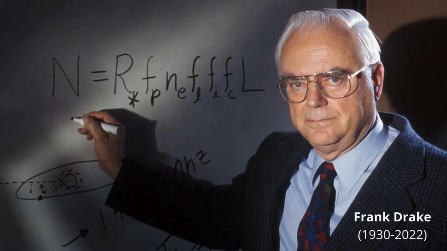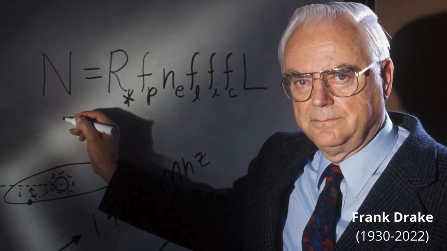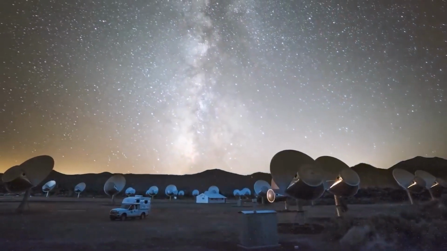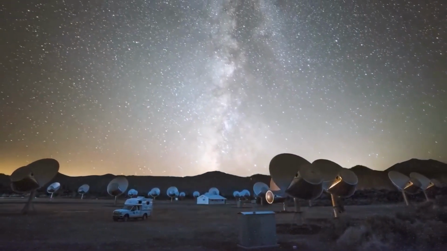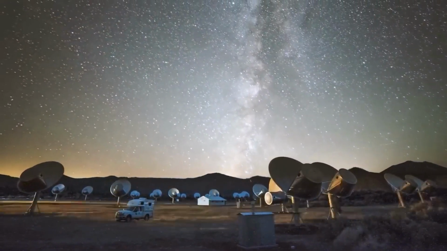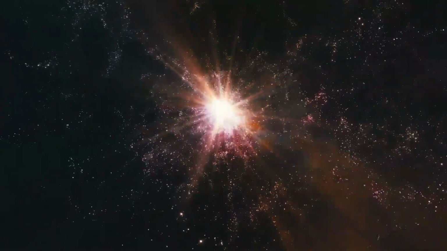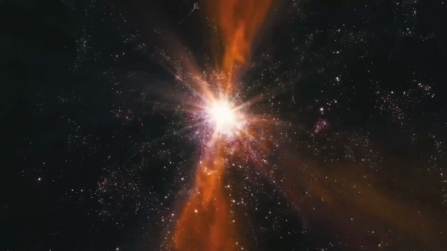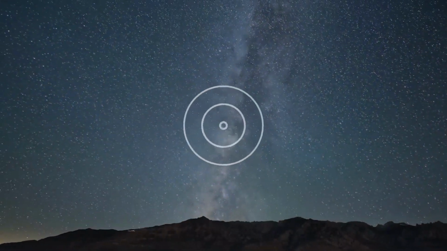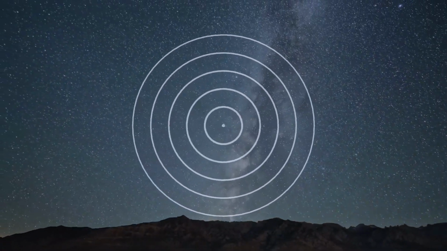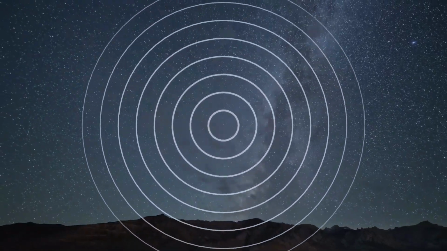That was a question someone attempted to quantify only a few years later. That someone was Frank Drake, an American astronomer who sought to provide a thought-provoking framework for researchers engaged in the search for extraterrestrial life. In 1961, Drake formulated the now famous Drake equation, which helps estimate the number of civilizations in the Milky Way that could be capable of communication.